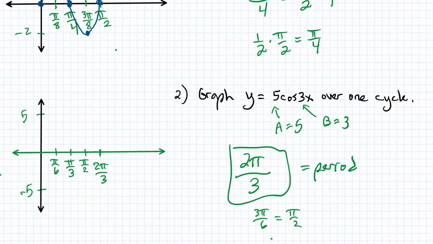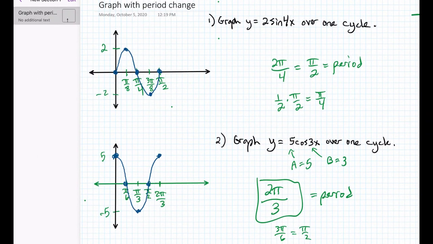All right, great. Now we're ready to graph one cycle of cosine, but we have to remember to place our 5 critical points at high, baseline, low, baseline, high. We just follow those points and we create the nice smooth curve that cosine is, complete the curve, and there it is. I've graphed one cycle of the cosine function. I hope you found these 2 examples useful in being able to graph sine and cosine with a period change.